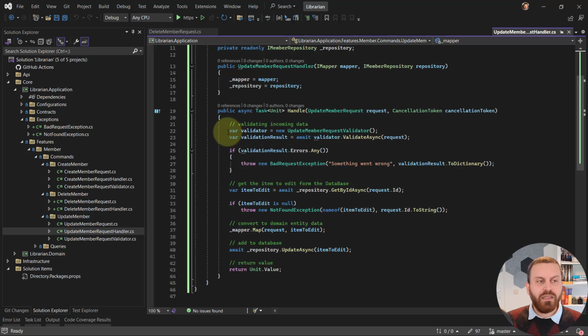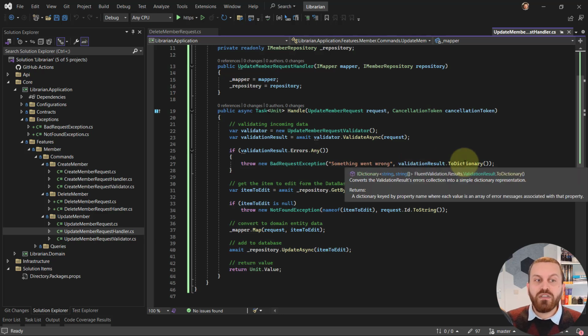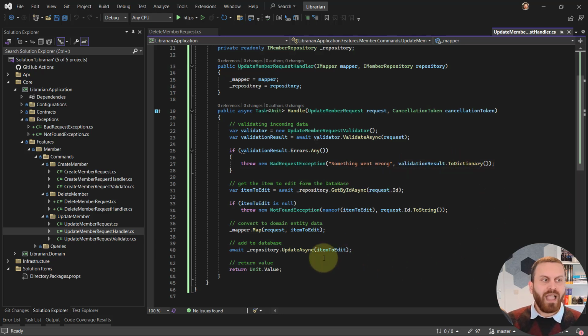First, we need to validate. We are going to use and create this update member request validator, and then validate it async, get the validation result, and check if we have any errors in the validation results. We are going to throw an exception with the message something went wrong and just passing the dictionary result of this validation result. After checking everything, we are going to get the item based on the ID from the database,